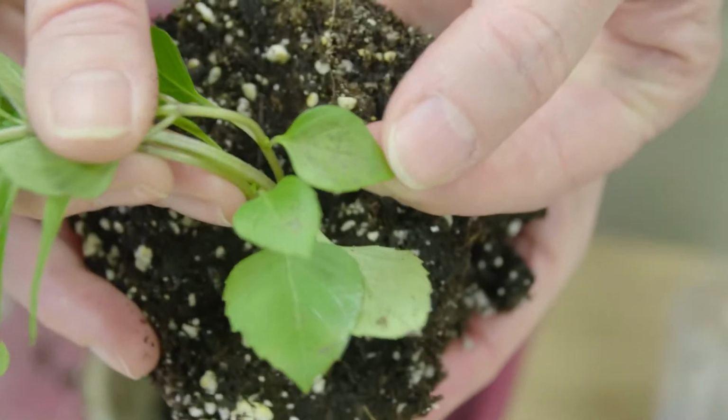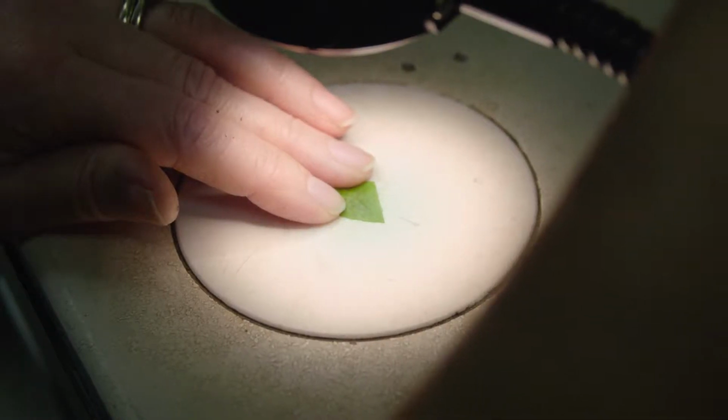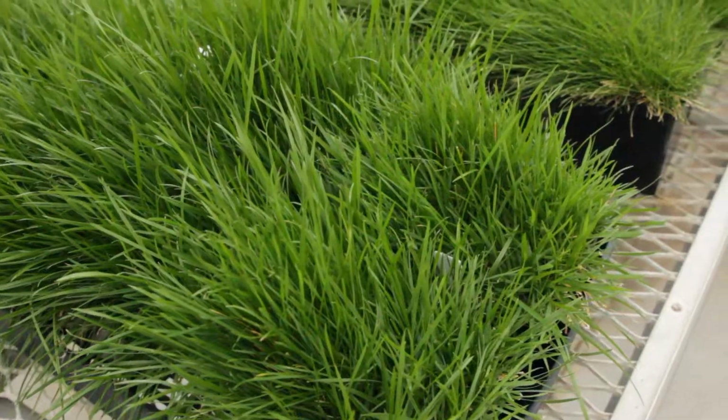So right now I've been working on some leaf spot diseases, some nutrient problems, and also some root rot problems. And it's really important to diagnose plant problems accurately, which is where the importance or value of the diagnostic lab comes in. The reason for that is because once you know the exact cause of the problem, you can implement appropriate control strategies. My outreach and research programs are predominantly focused on the golf course industry here in Connecticut,